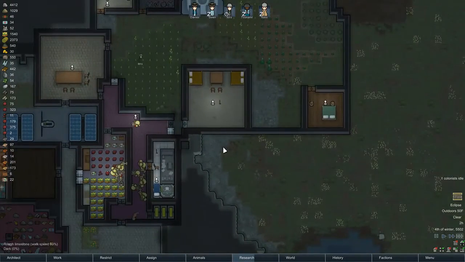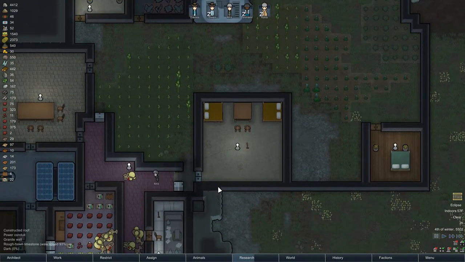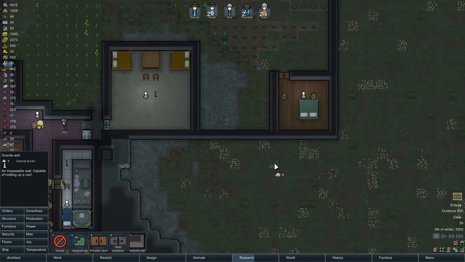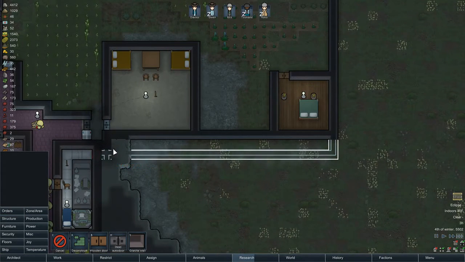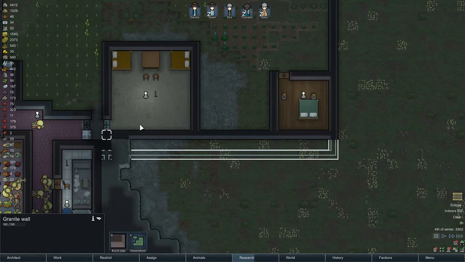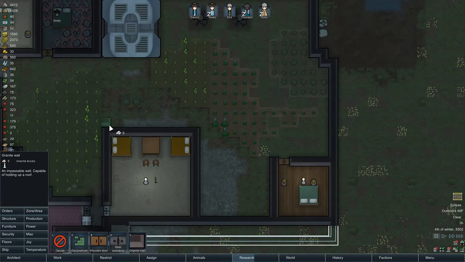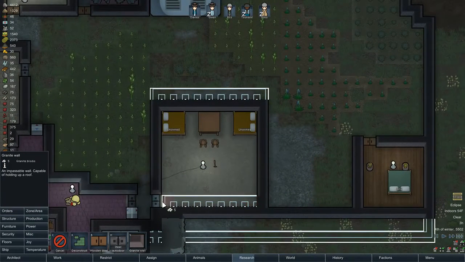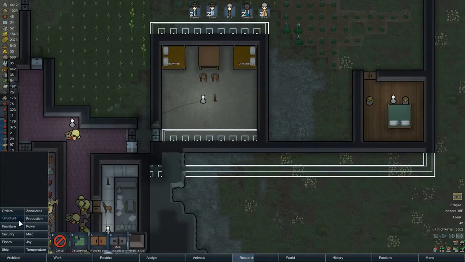But I've gotten to a point here. I struggled for a while. I'll openly admit that. But I've gotten to a point here where I'm pretty well set up and don't have a lot of issues with poverty or starving. People are happy. I think what I'm going to do is actually move this building up one. Seems like a lot of work, but